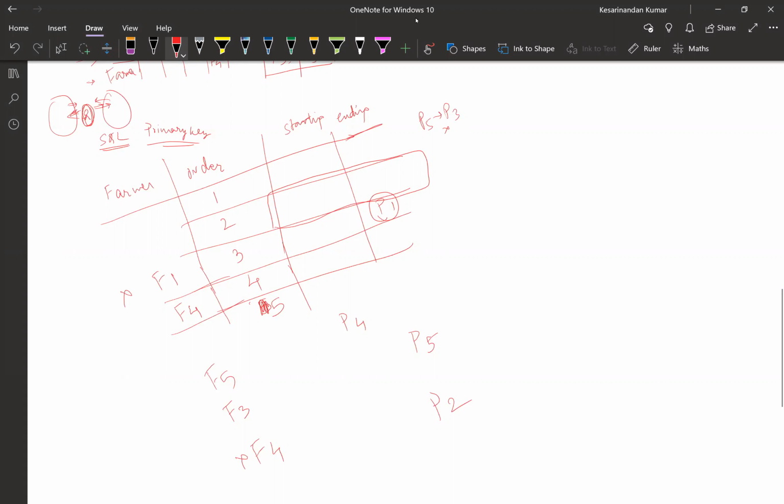Now, let's try to see the other hints. There has been given P2 to P5, possible for now. P5 to P3 is already given. It is not in the first one, so it can be in the second, fourth, or fifth. Fine by now. And there is P5 to P4. Now, if P5 to P3 is already present, can there be P5 to P4 as an option? No. So we strike out that as well. Now what is left? P2 to P5 and P5 to P3. So for the 21st, let's keep two options for now.